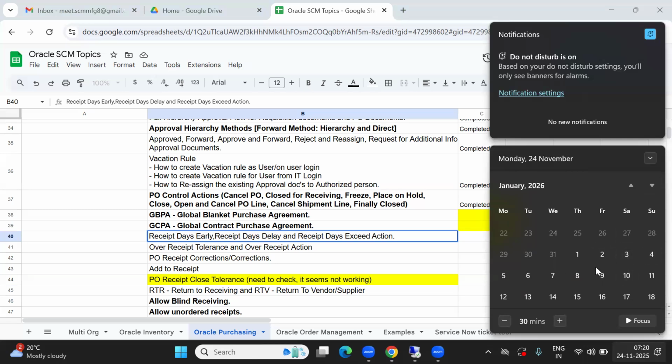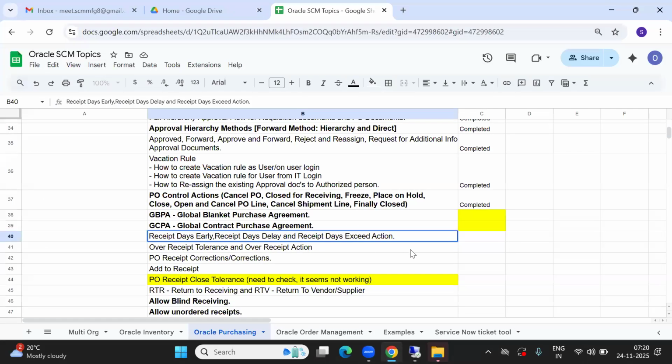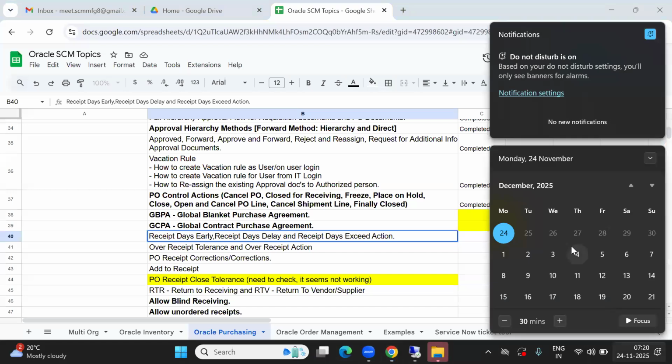So 1 week is not enough to manufacture the item. In that case, you won't be accepting the terms and condition itself. You are clearly saying that if it is more than this delays, for example, 20th you requested, right? December,